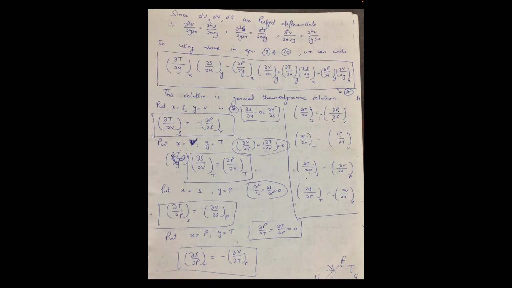And if we use this in equation star, then we have the first thermodynamic relation, ∂T/∂V at constant entropy is equal to minus ∂P/∂S at constant volume. So this is our first